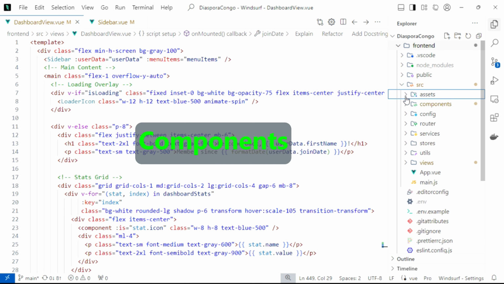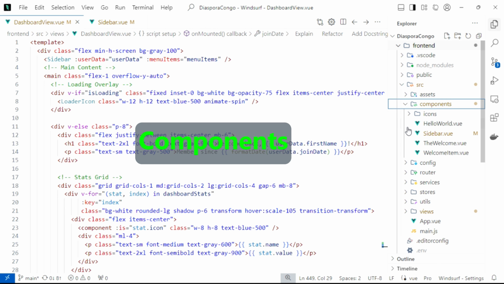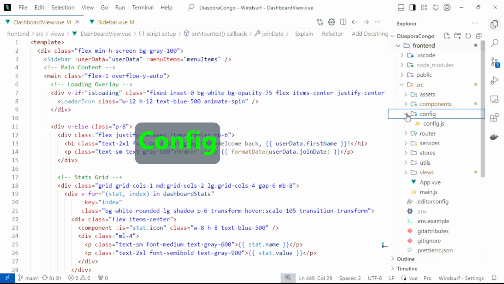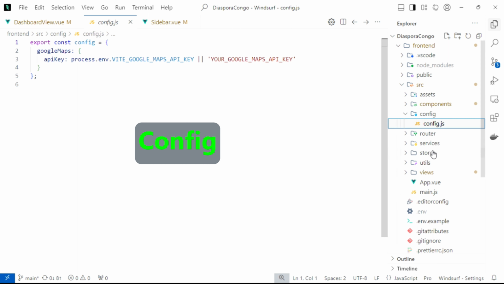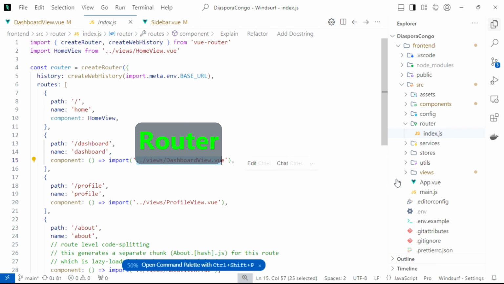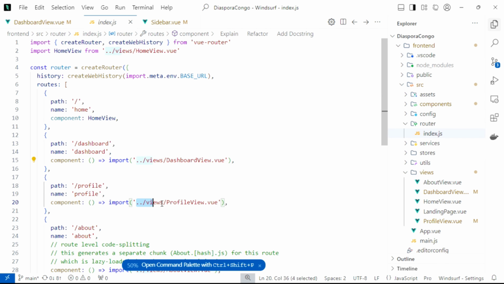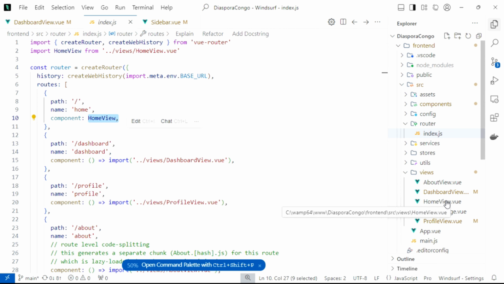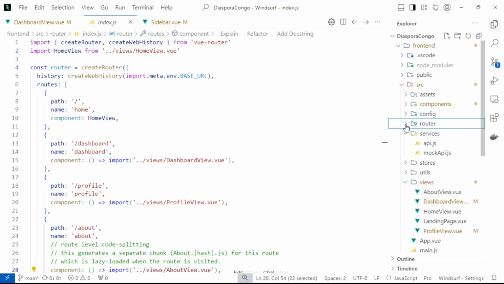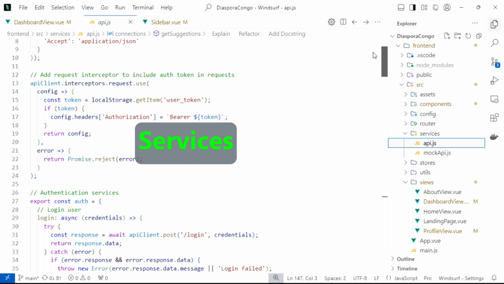In our frontend folder, you have your usual Vue folders for components with mainly a sidebar component, a config folder for our configuration file, our router folder with an index.js file where we place all our routes, we have a services folder with an API.js where we have configured all our endpoints,